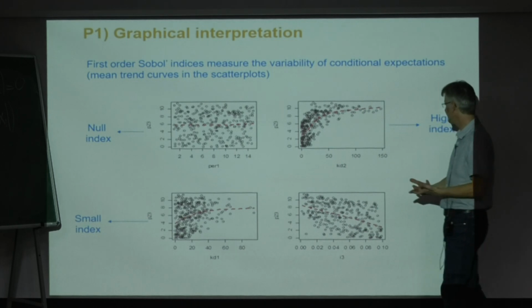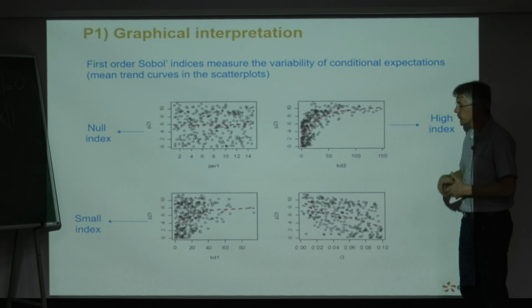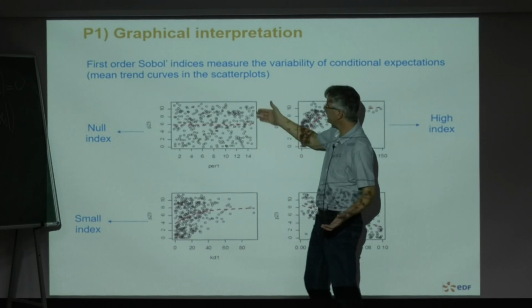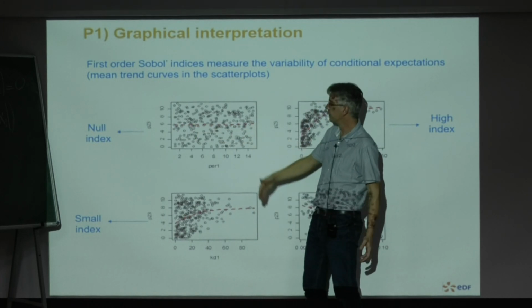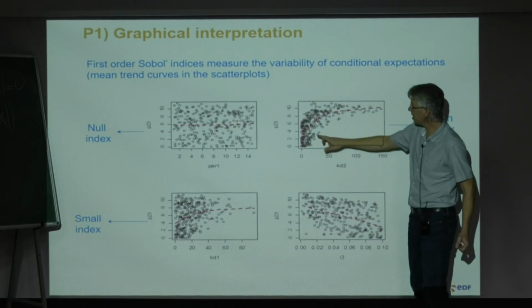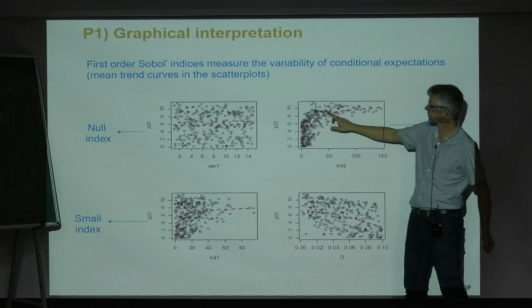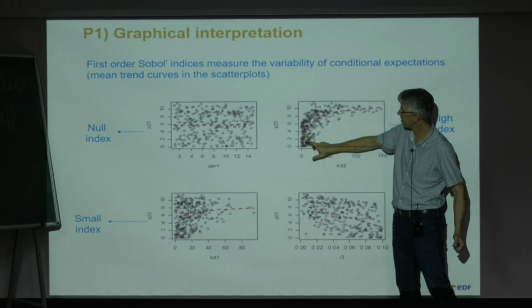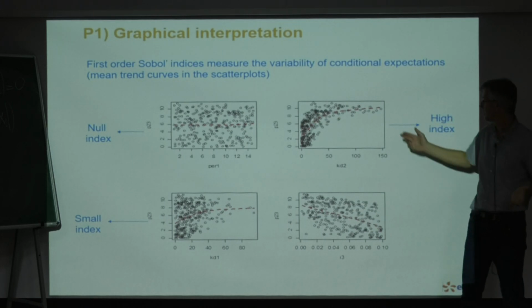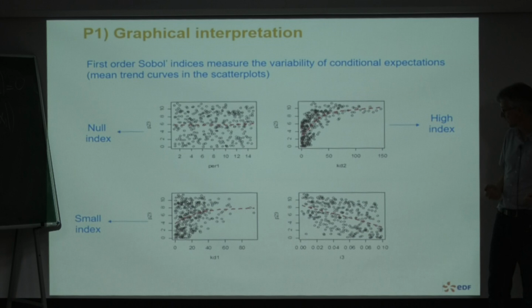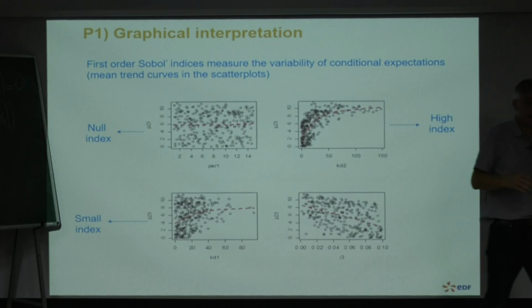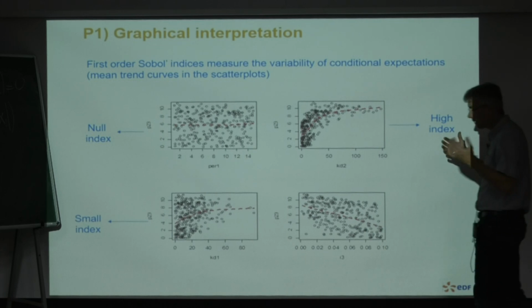And after, the Sobol indices correspond to the variance of these conditional expectations. So we can understand that here the conditional expectation is constant, so the variance is null, so the Sobol index is null. Here you see the range of variation is rather large, between 3 and 10. So when you take the variance, you have high values of Sobol indices. And the same for the others. So finally, just by looking at the scatter plot, we can have the result.